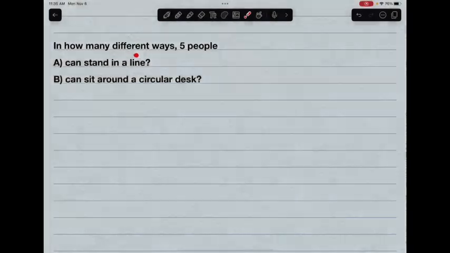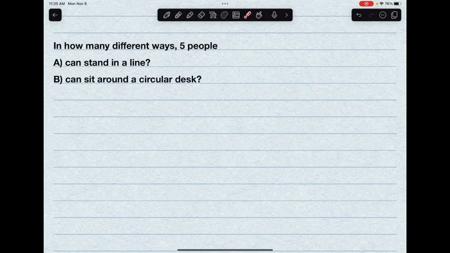In how many different ways can 5 people stand in a line and sit around a circular desk? For this question, there are 5 people, and we are going to solve the question for 2 different scenarios, and in each part we have to solve it with a different perspective. For part A,